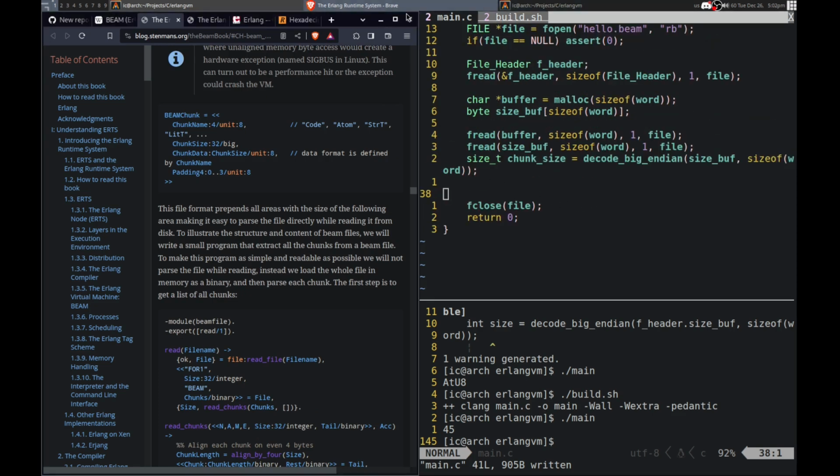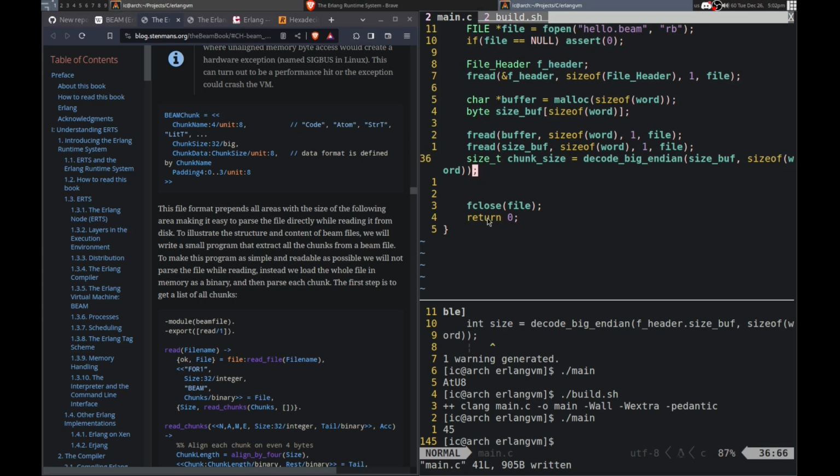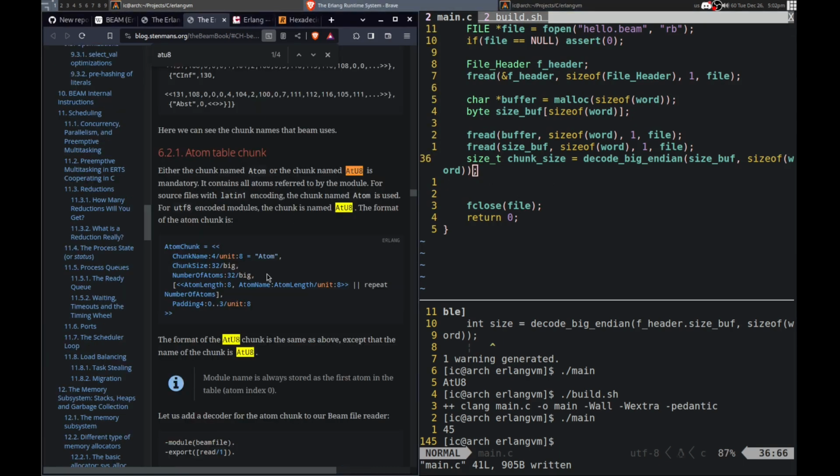Okay. Well, I can try to read that. So what is the U8, at U8? That is what I meant. Okay. So yeah. Atom length, number of atoms. So they are just integers, but in big endian, it looks like. It's hard to tell. Shoot, it looks like actually the next thing is number of atoms, so that is different then. And then we have these. Okay, so yeah, we need to read one more.